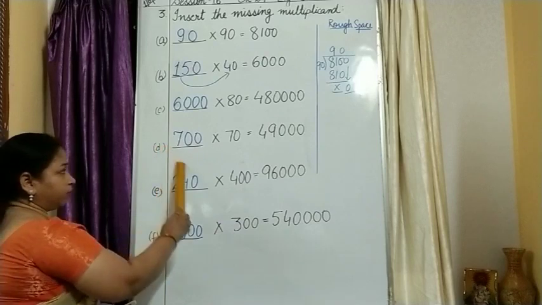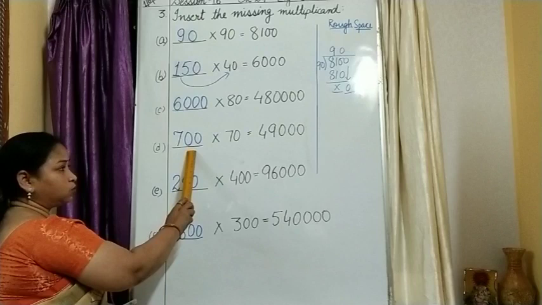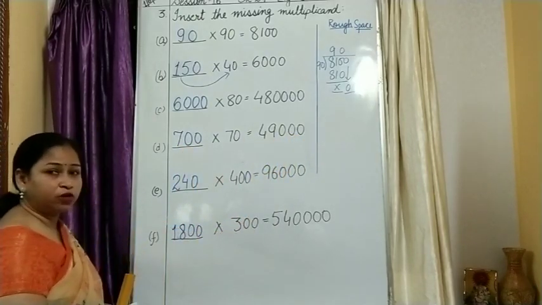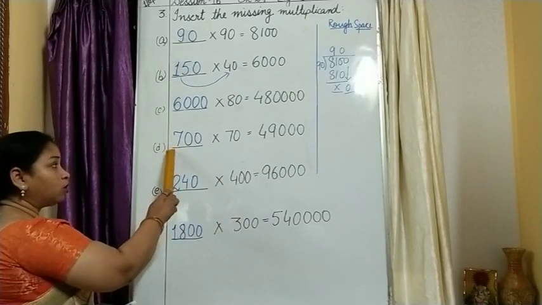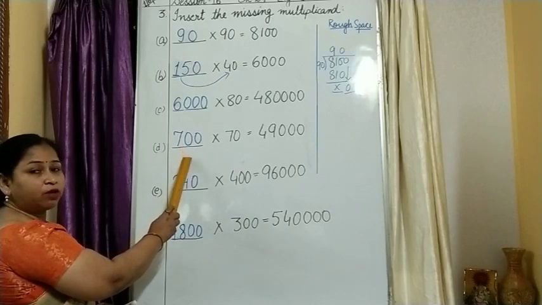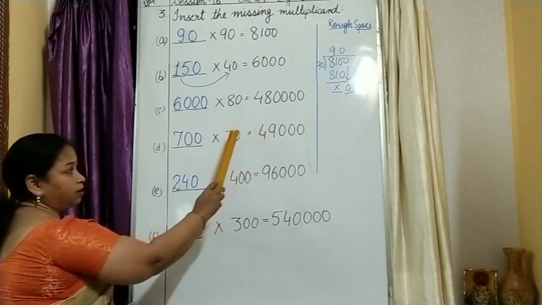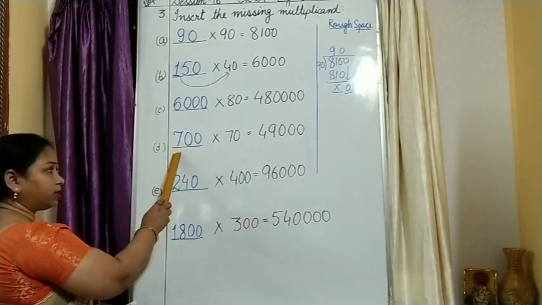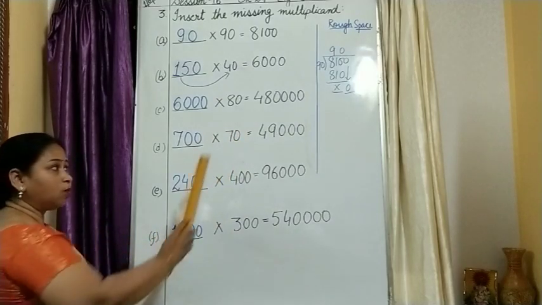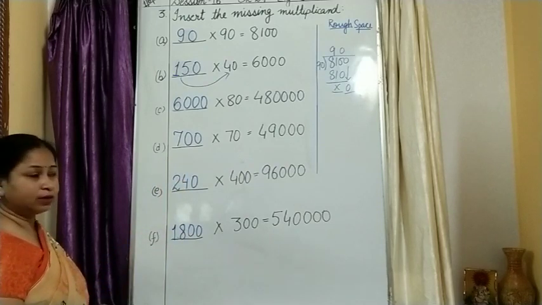Then 7 7s are 49. How many zeros? 1 is placed here, 2 is here. So you will get 3 zeros over here. This answer is already given to you, but the question was what should be the multiplicand? Okay. So you were not aware of this 700 over here. How did you get your answer? 49 divided by 7, you will get 7. So write 7 here. Out of these 3 zeros, 1 is already present over here. How many zeros left? 2 zeros. So we place them here. And similarly, you will be doing the rest of the questions.